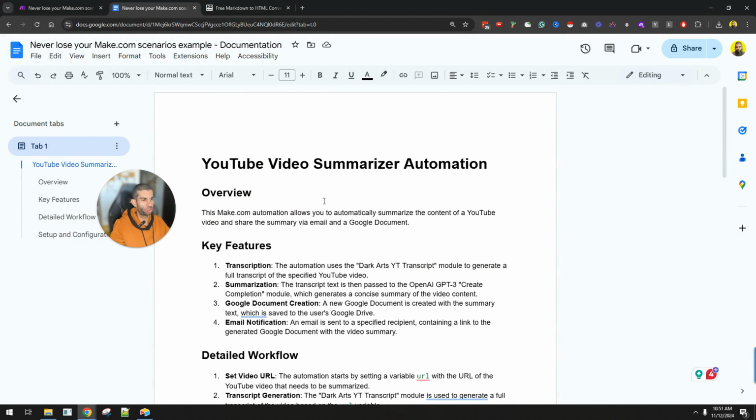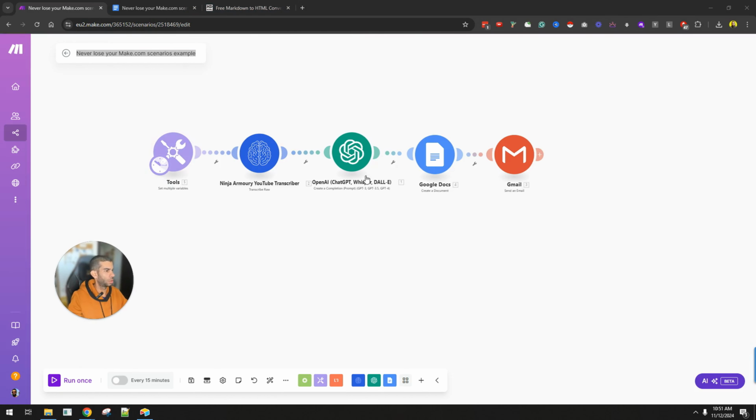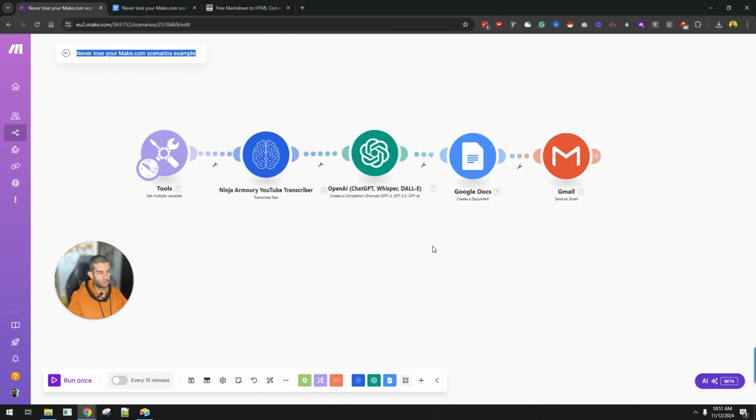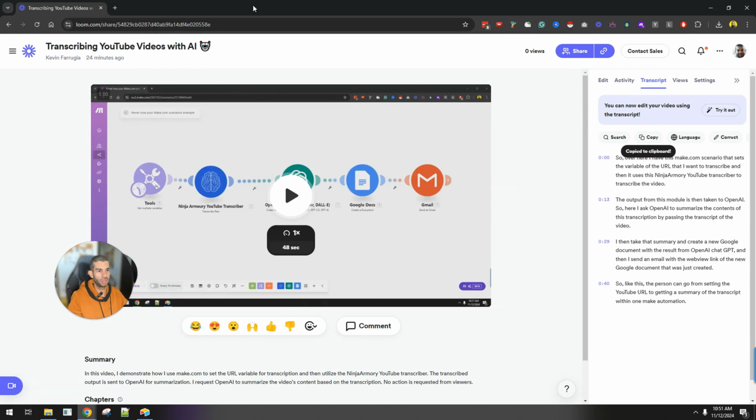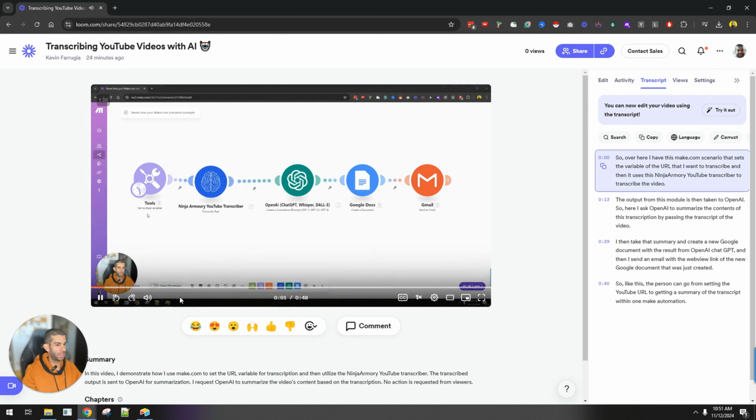So these were two different ways you can create documentation, either based on you running through this using a Loom video, then taking the transcript, or just exporting the blueprint and importing that into Claude or ChatGPT or whatever large language model you might be using. The benefit of using Loom is the following. So if I go to my video here and I play that, I can also grab